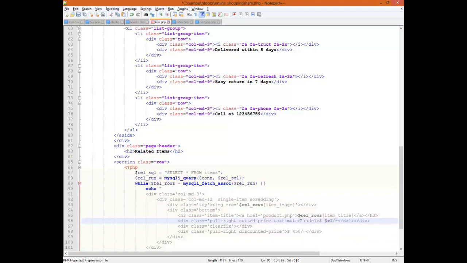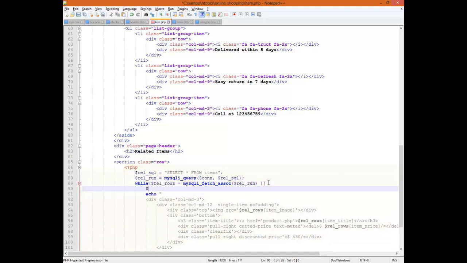The rel rows spelling, item cost, oh sorry, not the cost, the price. And now for the discounted price, we have to do something here. The rel rows, wait for a while, item price minus rel rows